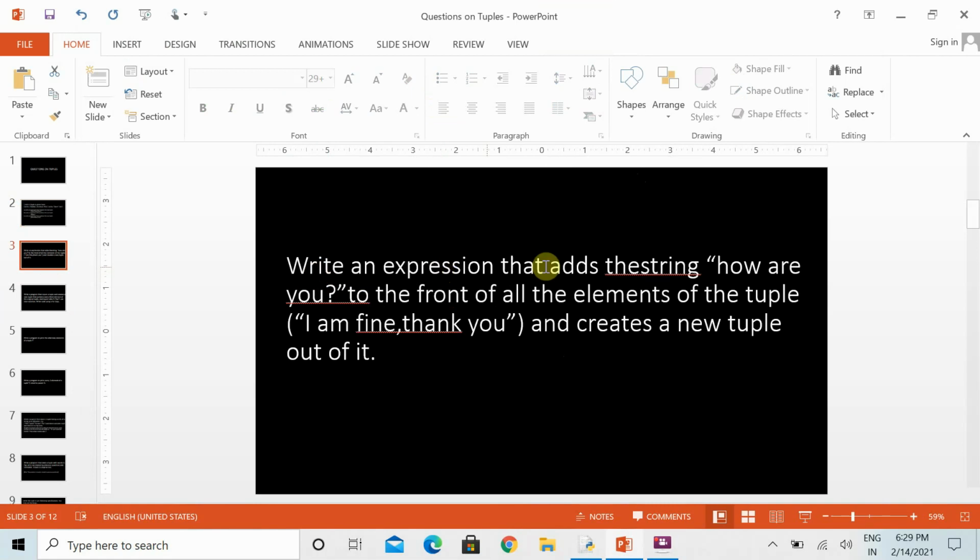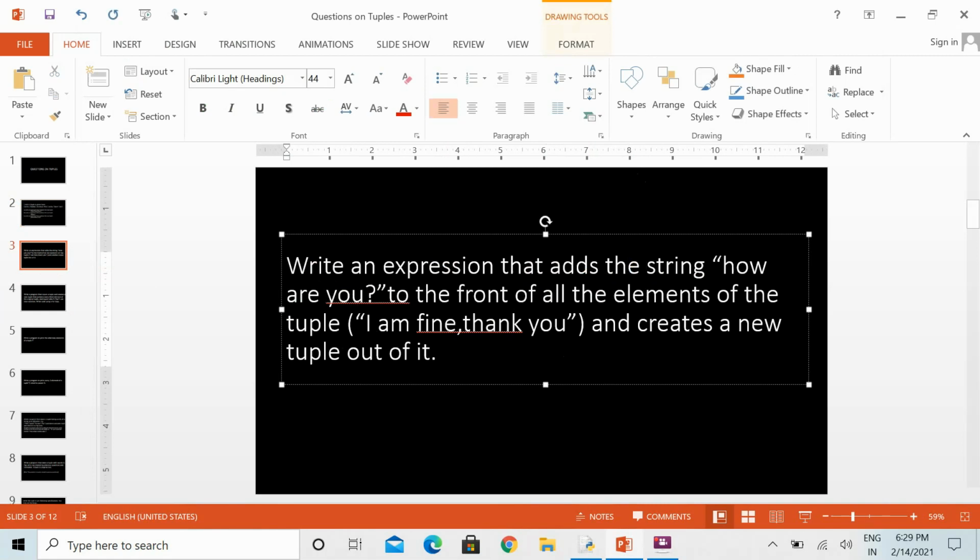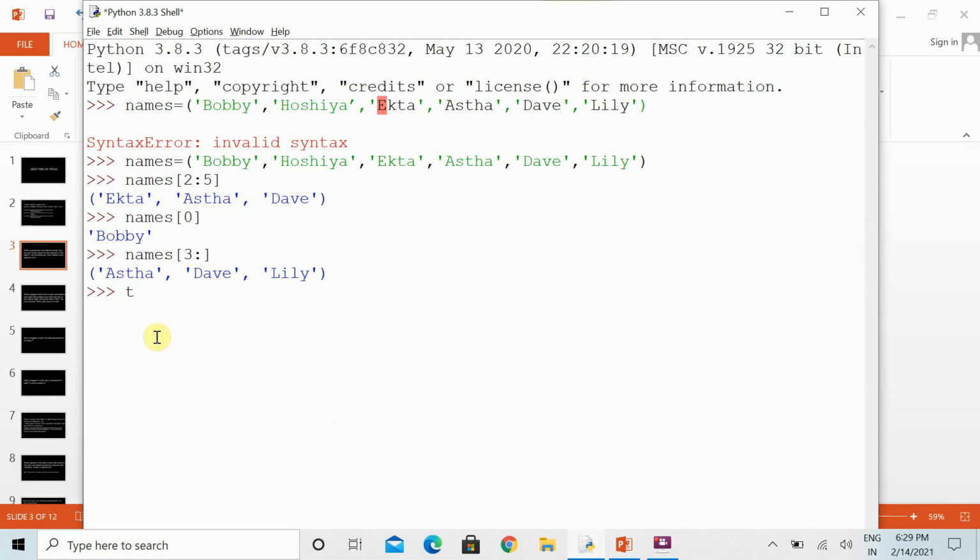In this question it is specified that we have to write an expression that will add the string to the front of the elements of the tuple. This is the tuple value, and first we can create a new tuple with this value, and we have to add the value before this tuple.